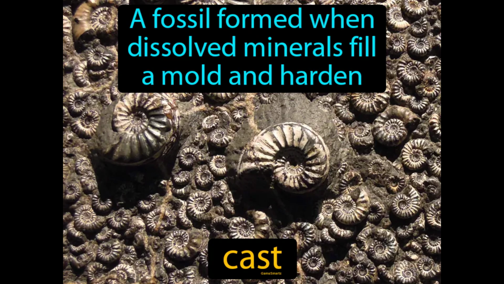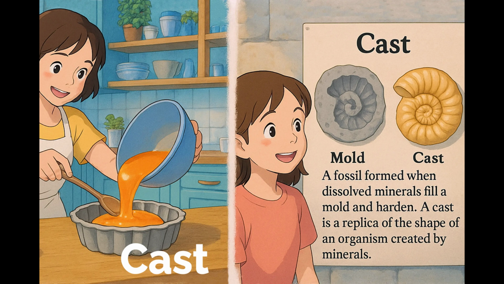A fossil formed when dissolved minerals fill a mold and harden. Cast. A cast is a replica of the shape of an organism created by minerals. Imagine you're trying to bake a cake, but you run out of batter and only have a cake mold. You decide to use a different ingredient, like gelatin, to fill the mold and create a dessert in the shape